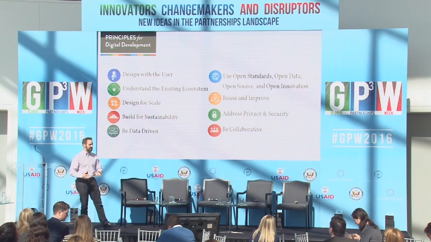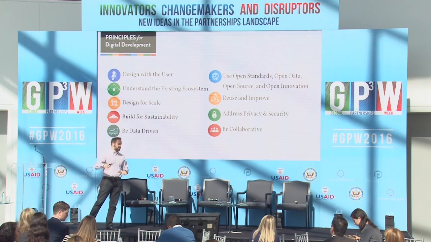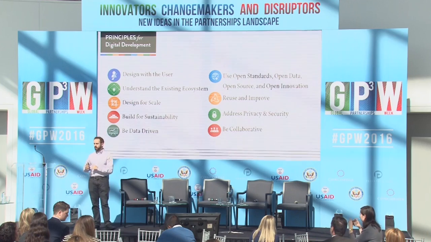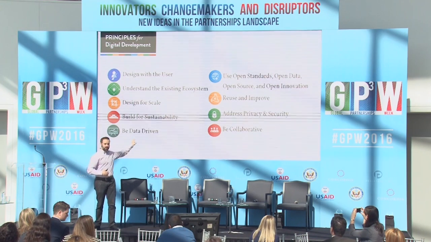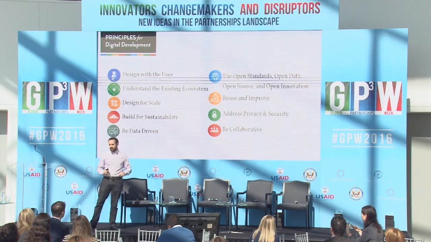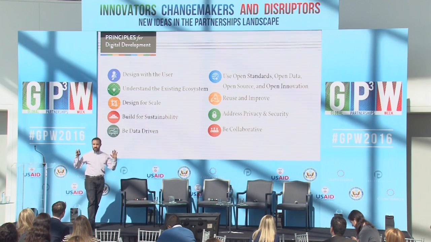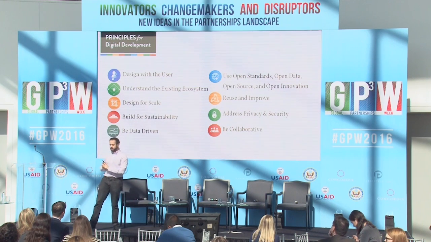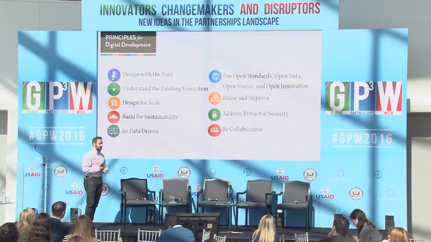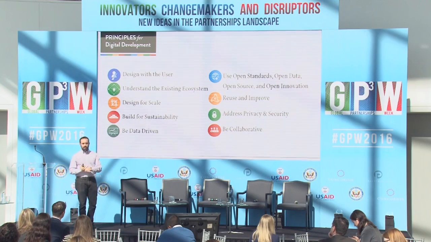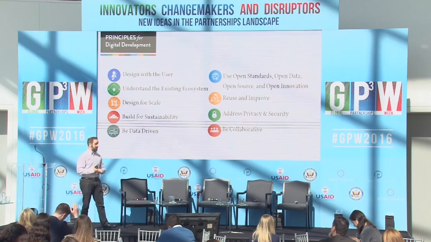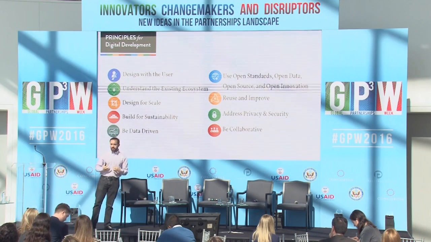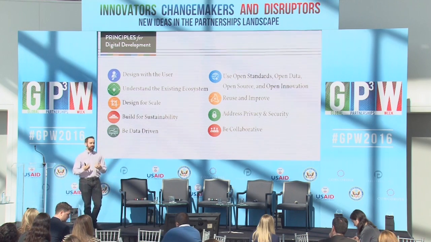Not what systems people said they were going to build or magical solutions they were writing blog posts about, but what was actually going on the ground. Principle number 2, understanding the ecosystem. Then I implemented principle number 9, which was being collaborative. I gathered together a group of organizations as varied as small implementers on the ground, groups like IntraHealth, large-scale INGOs, UN agencies like UNICEF, and the Liberian Ministry of Health, and we collaborated around making something out of nothing.